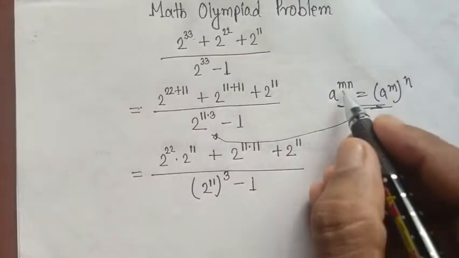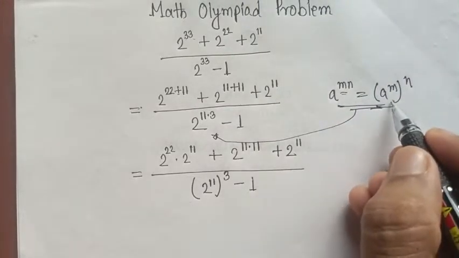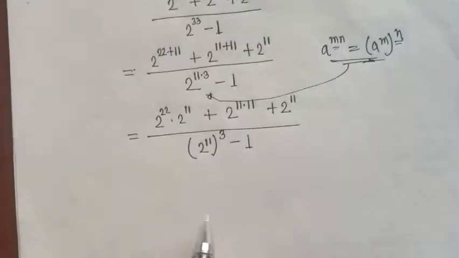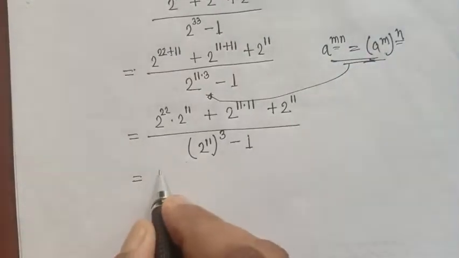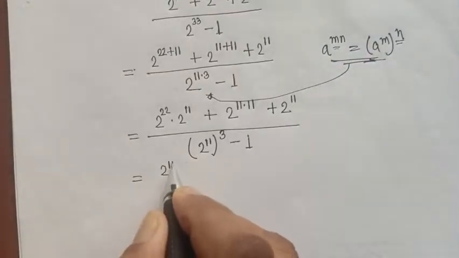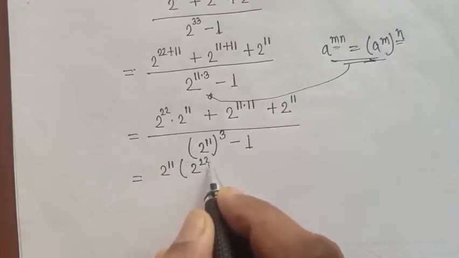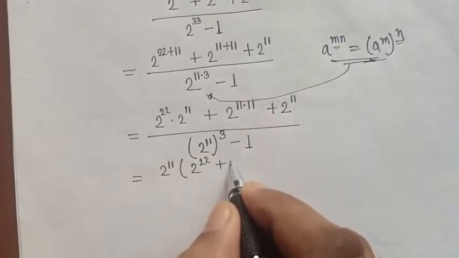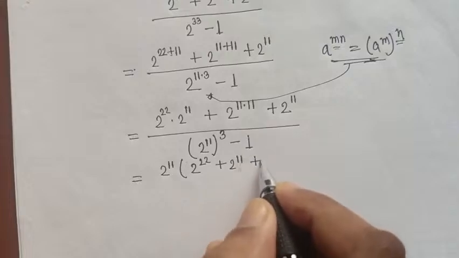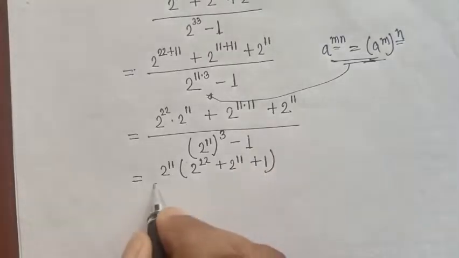As we have applied a to the power mn is equal to a to the power m to the power n. Now we take common 2 to the power 11, and the rest part will be 2 to the power 22 plus 2 to the power 11 plus 1 by,